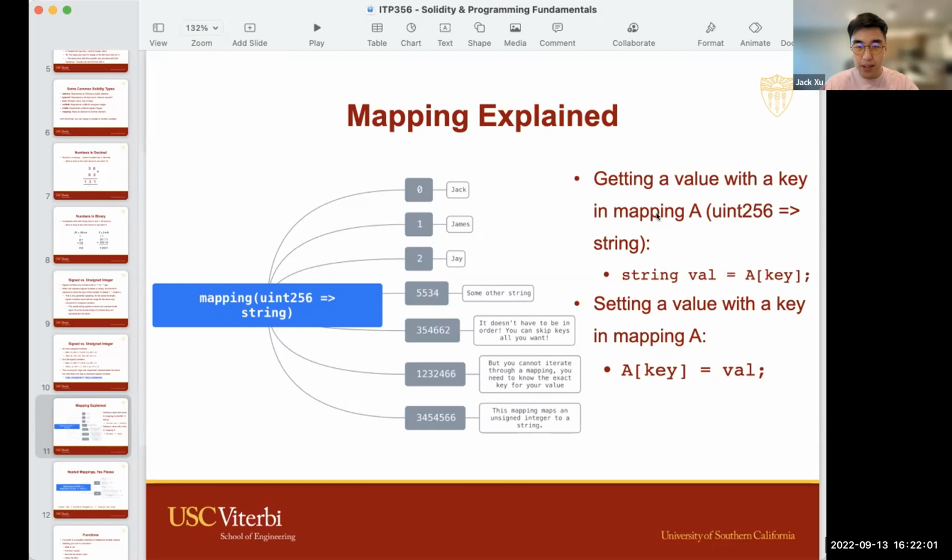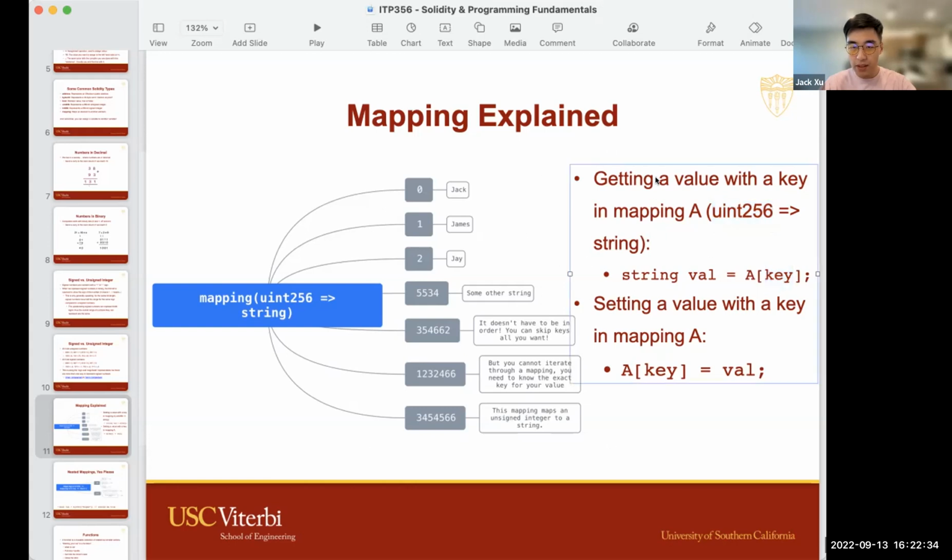So you can think of the key as a page number here, and the value as whatever's on that page. So here I am trying to get the value within this book, or mapping A, on this certain page. That is key. So key in this case is a number, because our mapping is mapping from a number to a string.